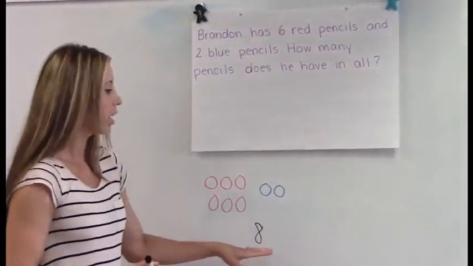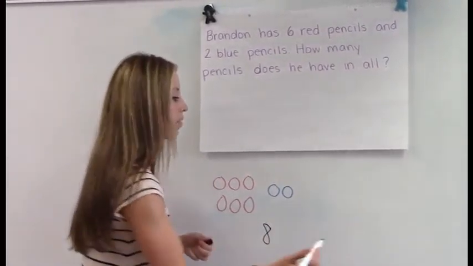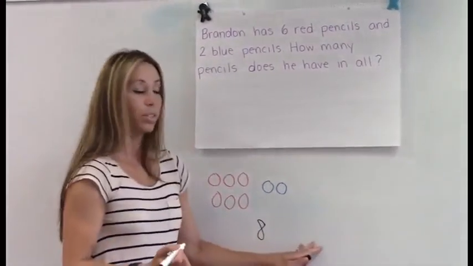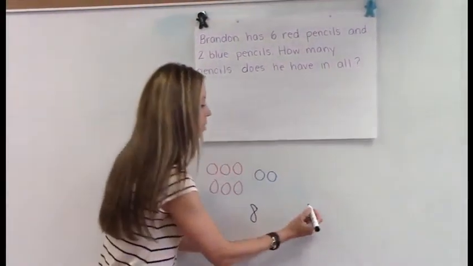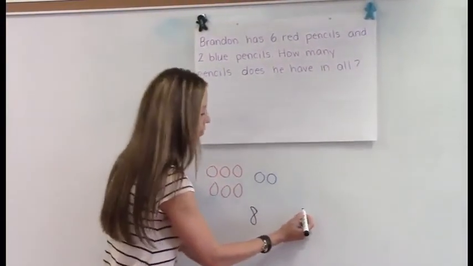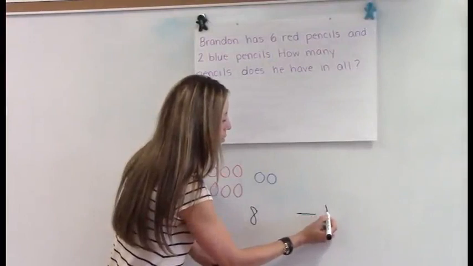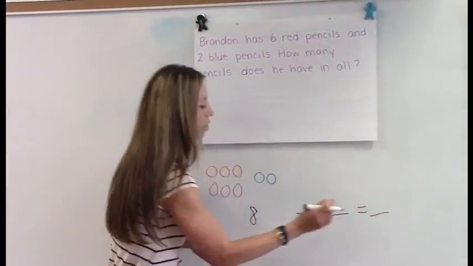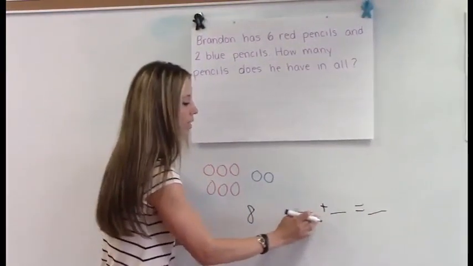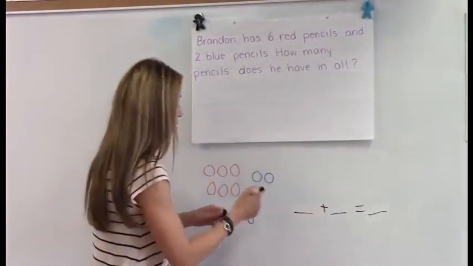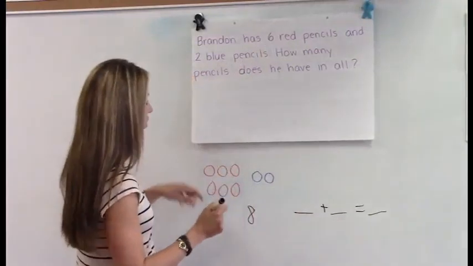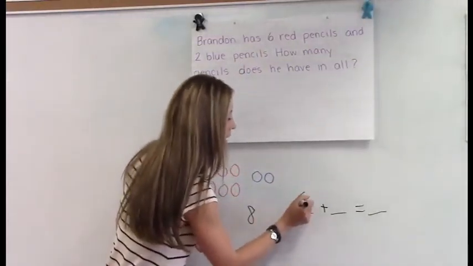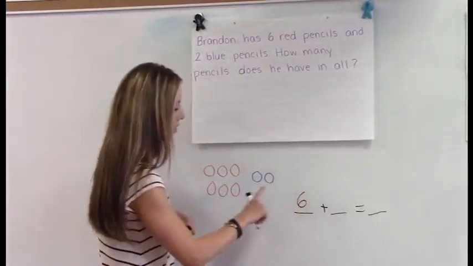The next part is the equation, and I'm going to give a frame because kindergarten kids are just starting out and it's important they be able to see where the numbers go and why. So blank plus blank equals blank. So our plus sign just means putting together. So my first number is 6. I drew 6 red, so my 6 goes right here first. 6 plus 2